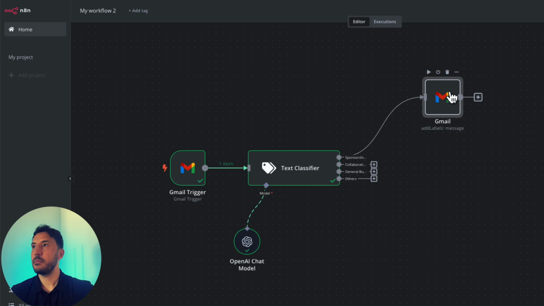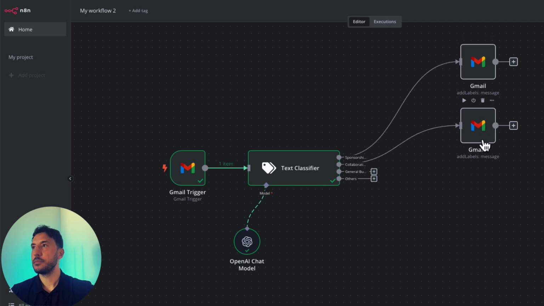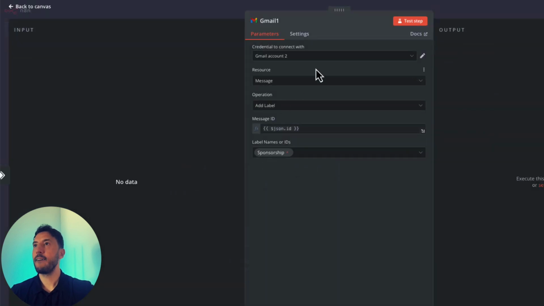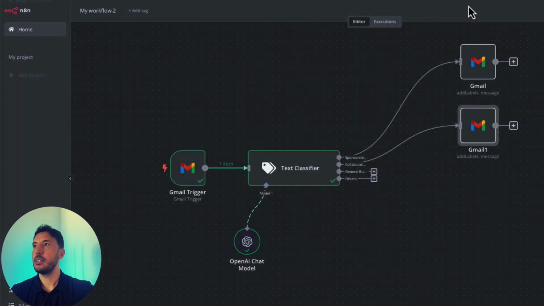Let's step outside and drag this here. Let's add our other labels. So I'm going to click on the collaboration tab, same thing. Actually, instead of that, a shortcut is just to copy this and duplicate. There you go. Grab this. Give myself some room here. Double click. Add label, JSON.id, you're going to leave it as it is. And this time, instead of sponsorship, this is going to be for collaboration. Okay, that's good. Make sure you're attaching the correct category to the label that you have here, otherwise it's going to have an error.